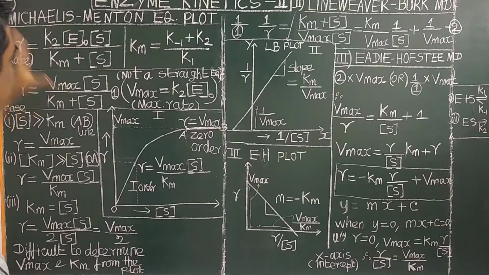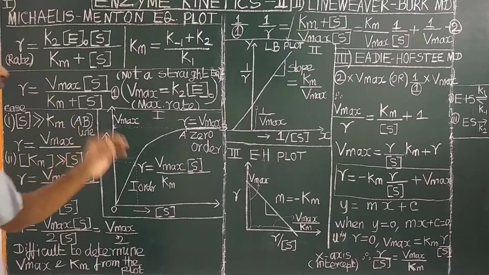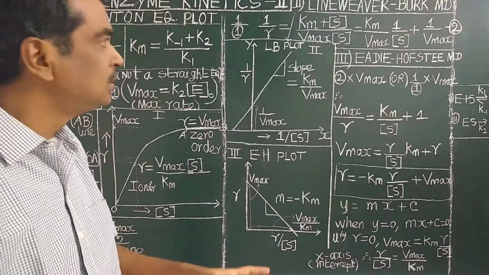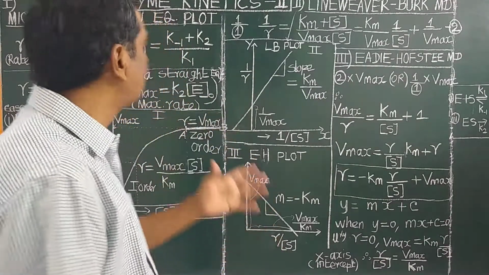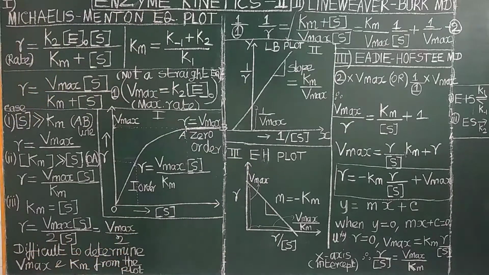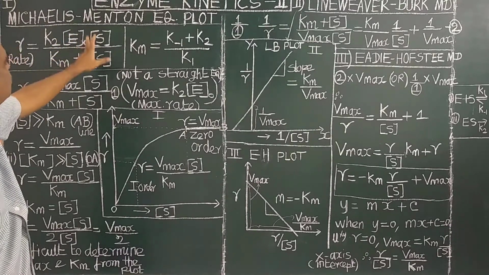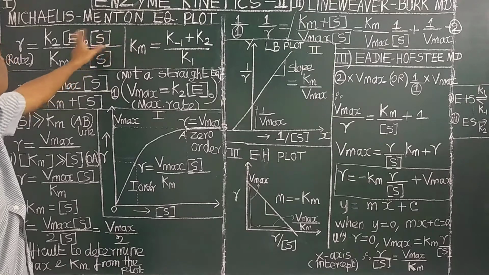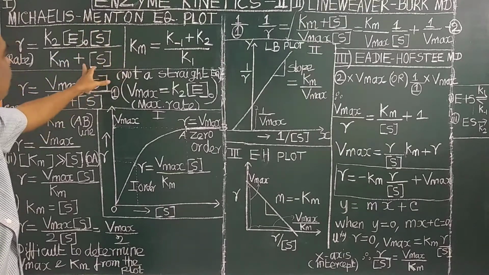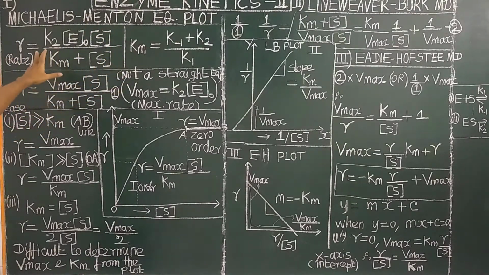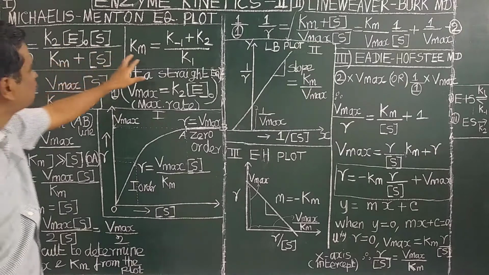This is a very important equation. Every year, at least one or two questions are asked in GATE, CSIR, JAM. Okay, so it is very important. Please remember this Michaelis-Menten equation: R equals k2 times initial enzyme concentration times substrate concentration, divided by Km plus substrate concentration, where Km is